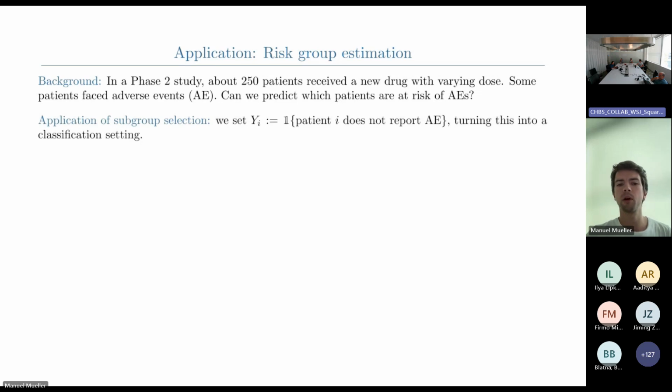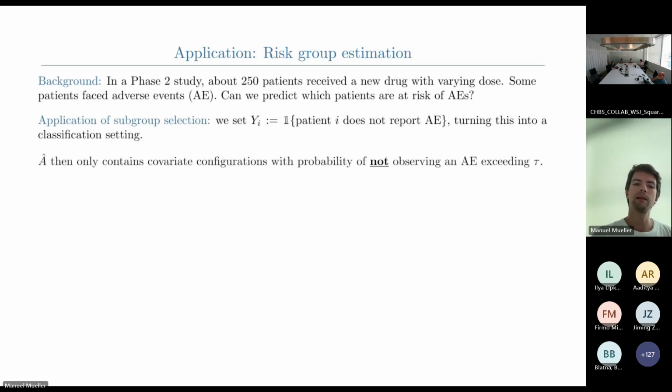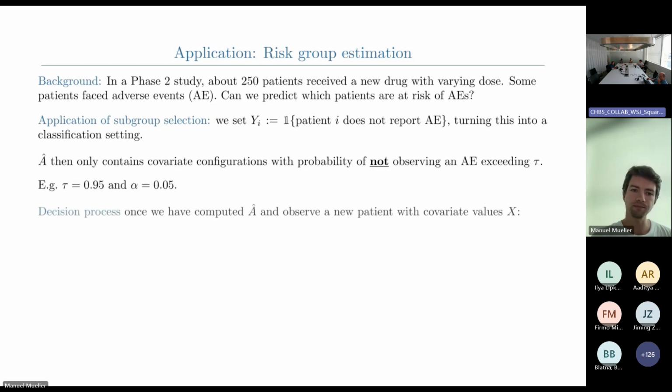We transform the responses by saying that the response takes value equal to 1 if a patient stays adverse event free and 0 otherwise. And then A hat only contains those covariate configurations, those patient characteristics for which the probability of staying adverse event free exceeds a certain threshold. So for instance, 0.95, if you want to be 95% sure that the patient does not face any adverse events.